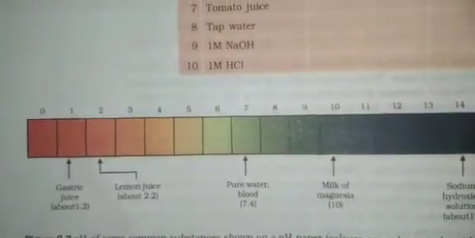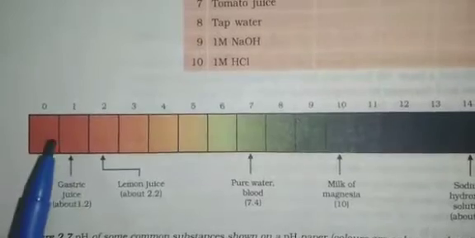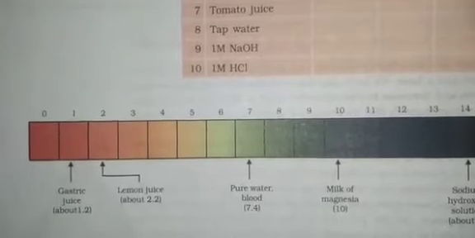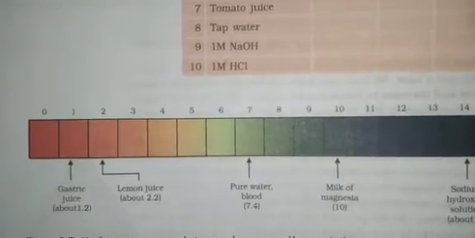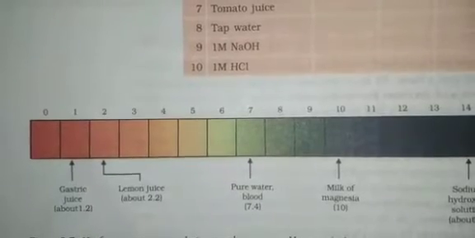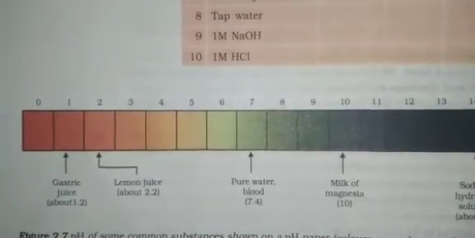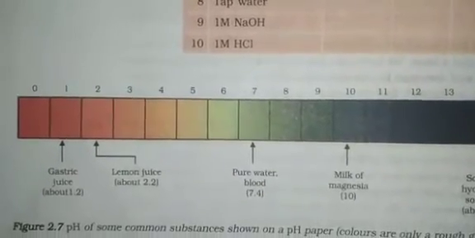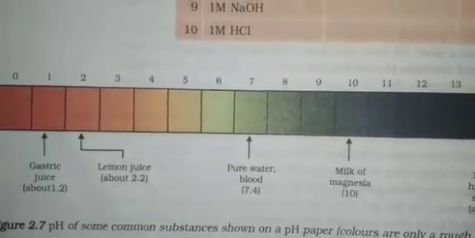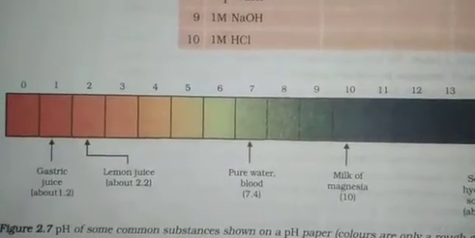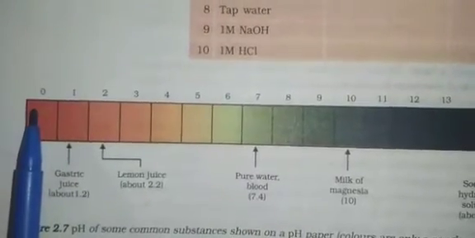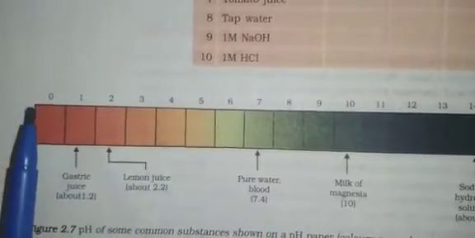Strength of an acid or a base depends on the number of H plus ions and OH minus ions produced respectively. If we take hydrochloric acid and acetic acid of the same concentration, say 1 molar, they produce different amounts of hydrogen ions. Acids that give rise to more H plus ions are said to be strong acids, and those that give fewer H plus ions are called weak acids. For example, here the H plus ion concentration is more, hence we can call it a strong acid.